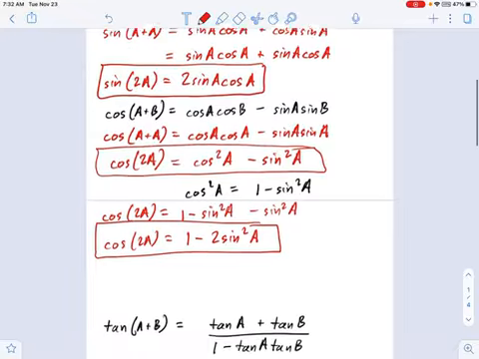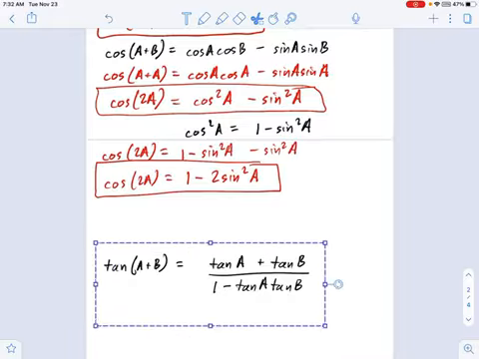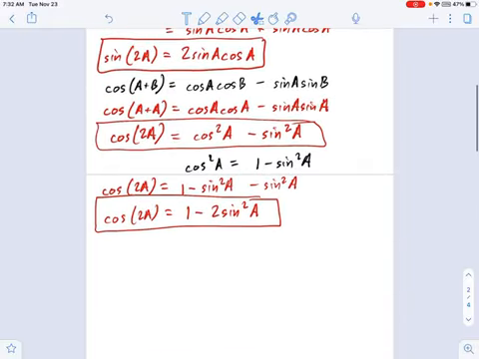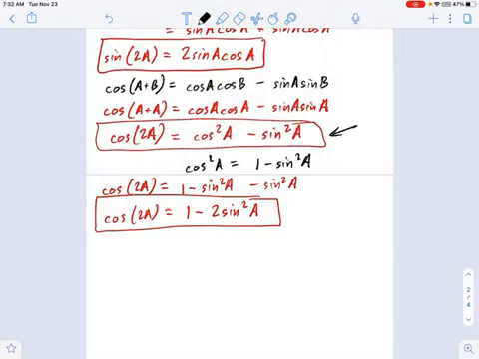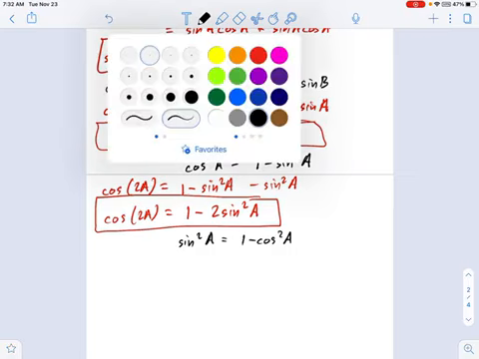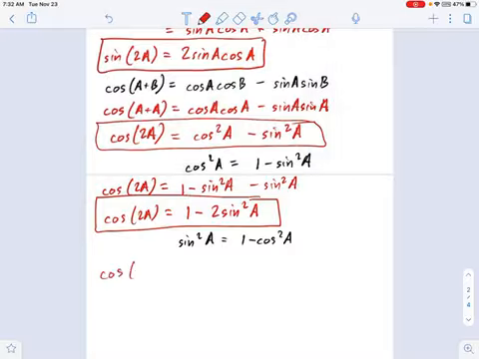Now we can go through the exact same procedure, and I'm going to need just a little bit more room, so tangent, you're going to move. There we go. I'm going to go through the same procedure here, pointing out that if you look at this one right here, I can change sine squared into cosine squared, according to this Pythagorean identity. Sine squared of a equals 1 minus cosine squared of a. All right, so that means cosine of 2a equals, and I'm going back a bit on the page here, so let me just rewrite this thing again. Cosine squared minus sine squared, right?